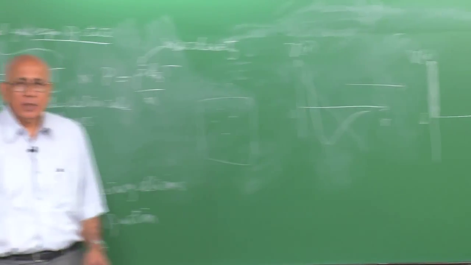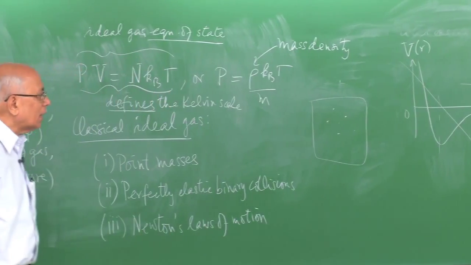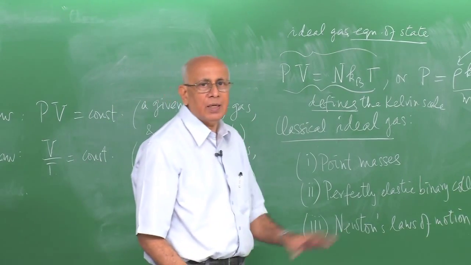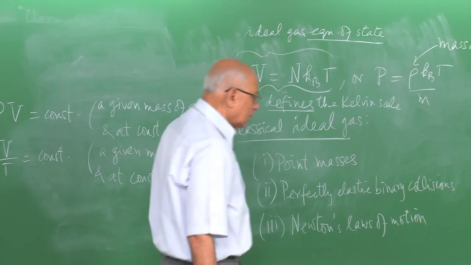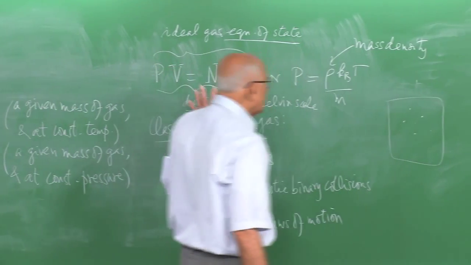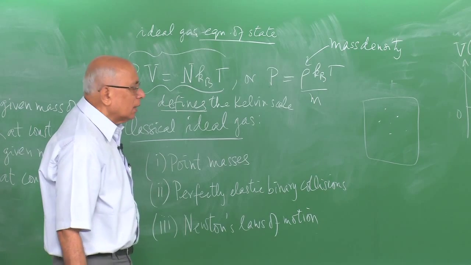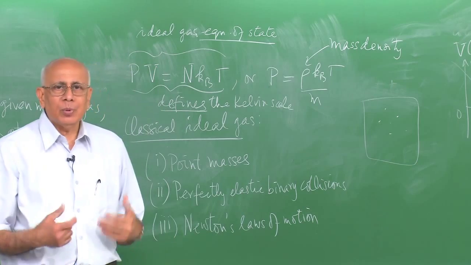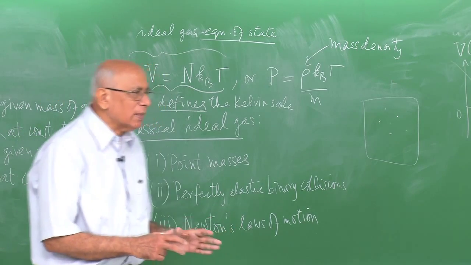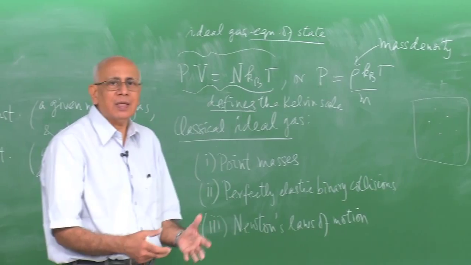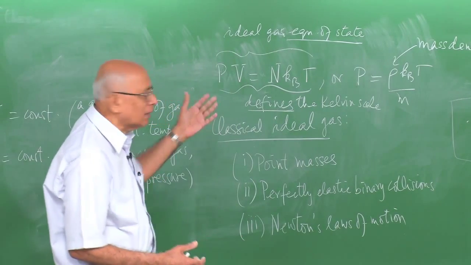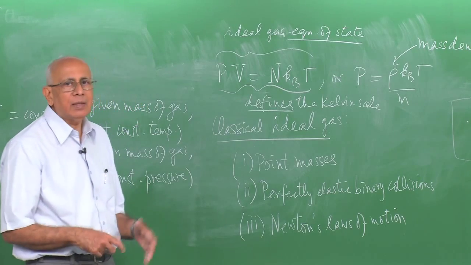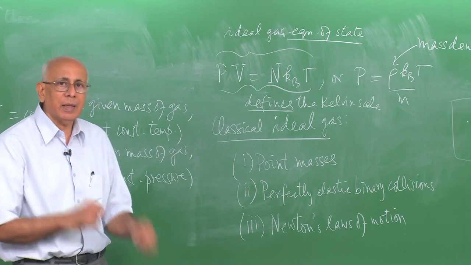It is not a very good approximation, but remarkably enough it turns out to be good enough for most real gases at sufficiently high temperatures and sufficiently low densities. This is true. This thing works quite well. The ideal gas equation of state works quite well. So in that sense the ideal gas equation of state is a great help to us in thermodynamics, because the fact that these gases existed and under suitable conditions they satisfy an equation approximately of this form, has helped us a great deal in unraveling the subject of thermodynamics and statistical mechanics itself.